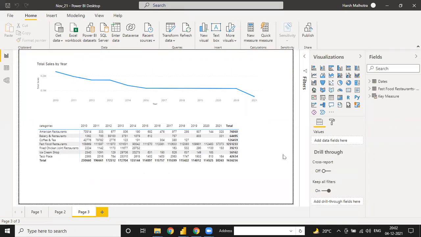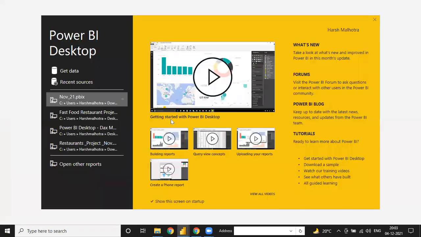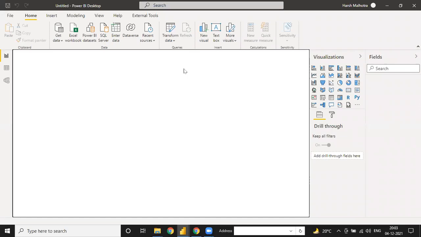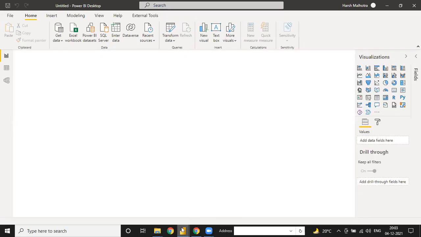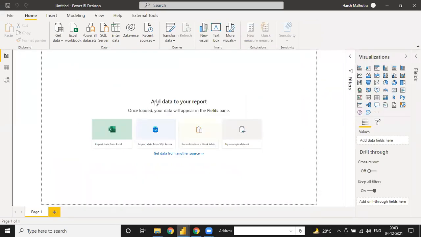Suppose you click on this file, just press Control N. When you press Control N, a new Power BI screen opens automatically. You don't need to open Power BI with a direct link. Press Control N from your keyboard, and a new Power BI screen opens, which is blank. So one file is my file, open on your system, and one is a blank file. There are two files. This file is my file and this one is your working file, which is blank.